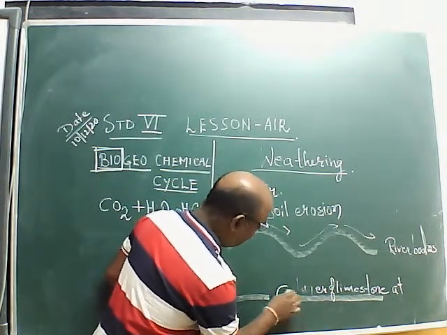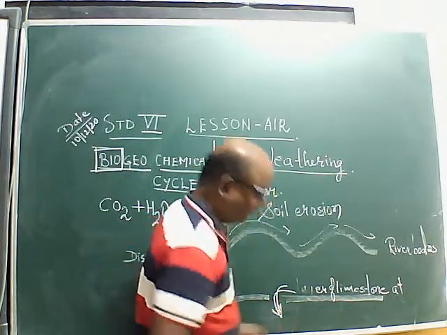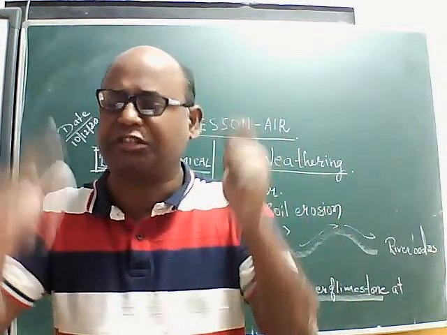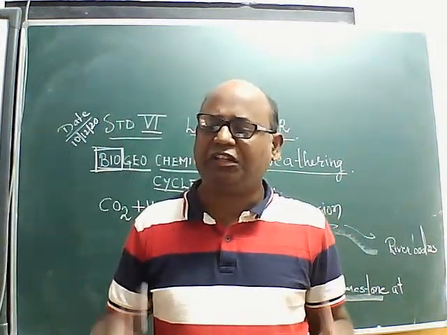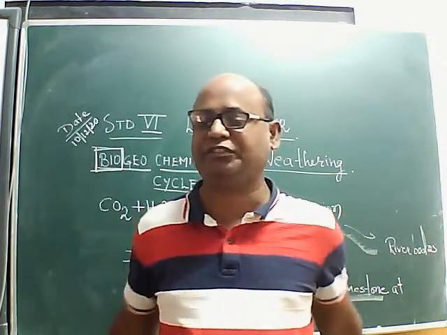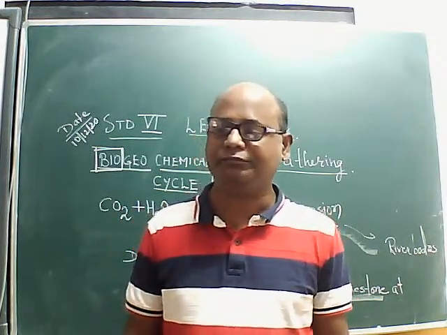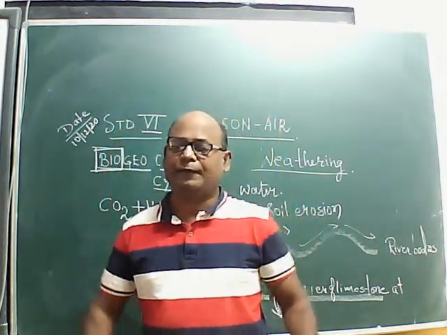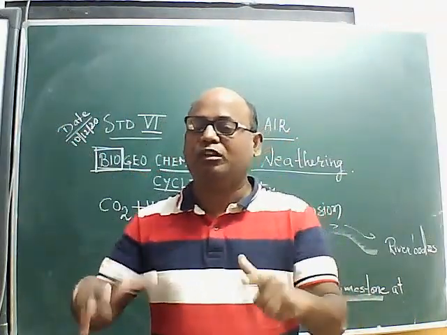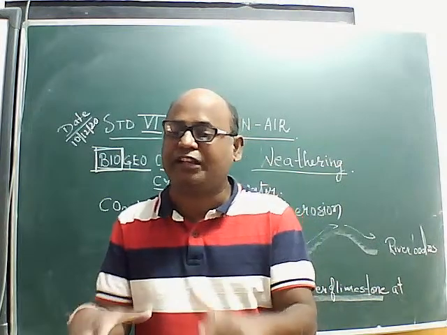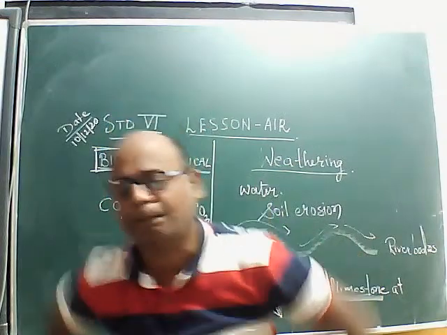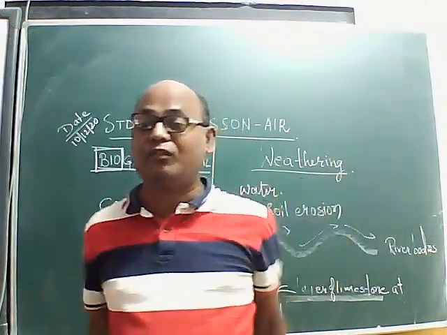This limestone will go in this gap, and inside it is very high temperature and very high pressure. So due to what happened? If the pressure is very high inside the earth, what will happen? Due to high pressure, these molten rocks inside the earth will erupt outside the earth. That we call lava.